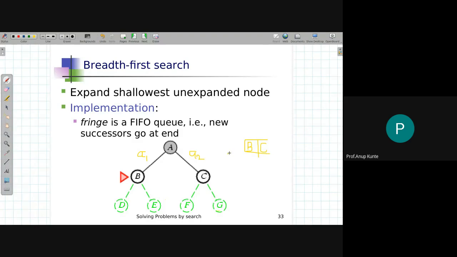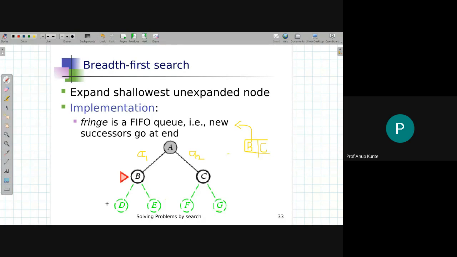Now, since I'm storing them in sequence BC, B comes first in the alphabet, then C. So the next node to expand or test is B. I'll pick B out of the queue. Now the only thing remaining in the fringe queue is C. B is tested for being a goal node. It's not a goal node. We know that G is the goal node we are looking for.